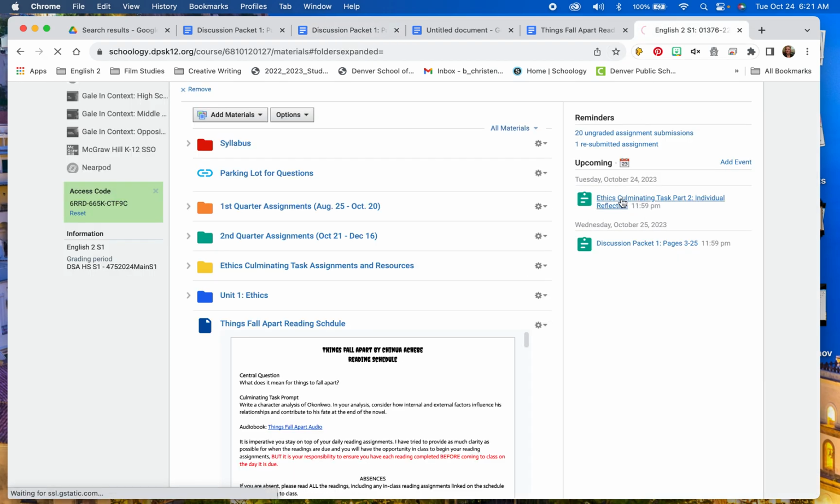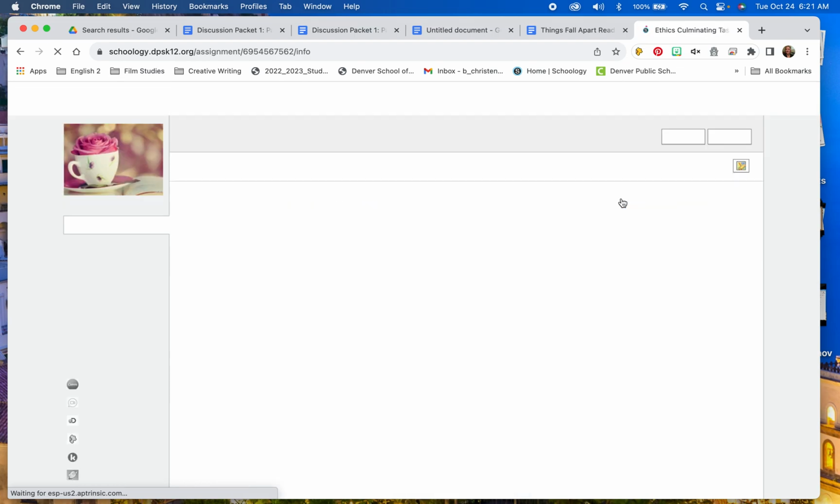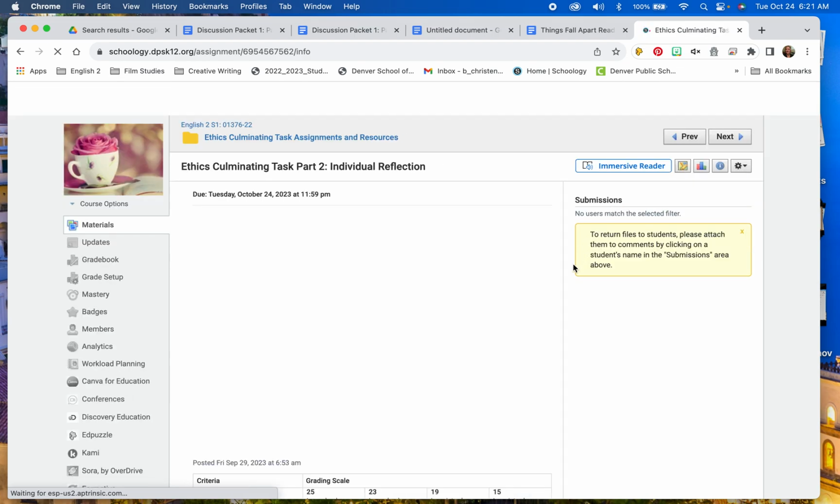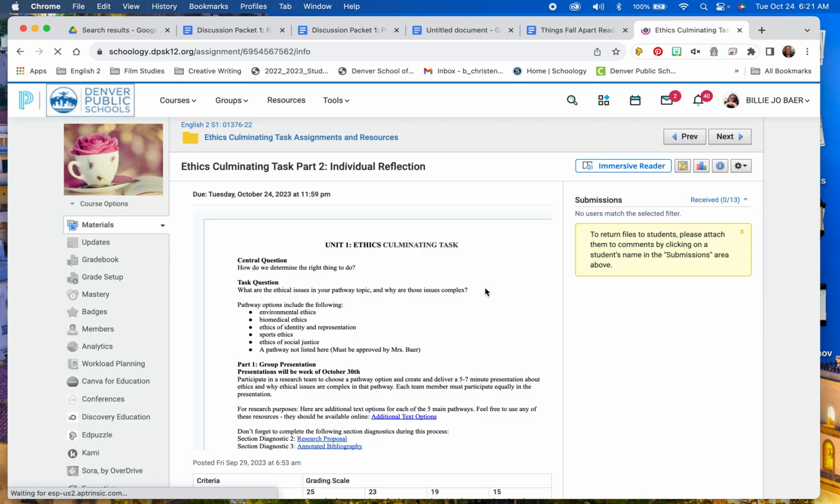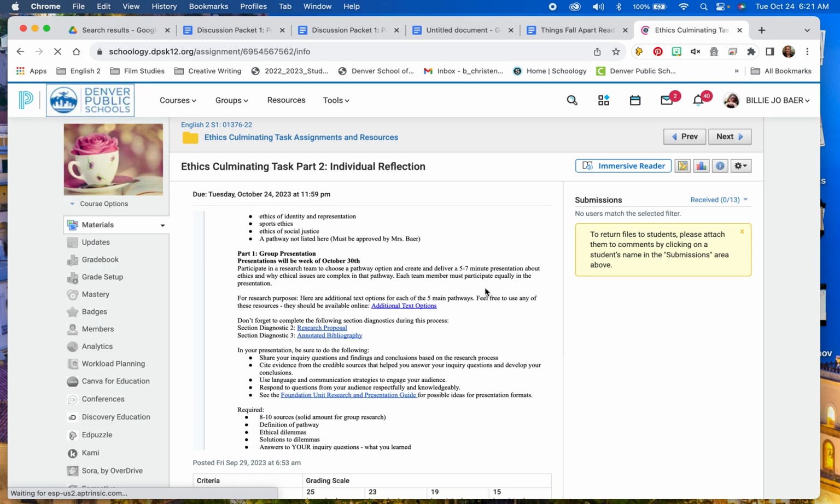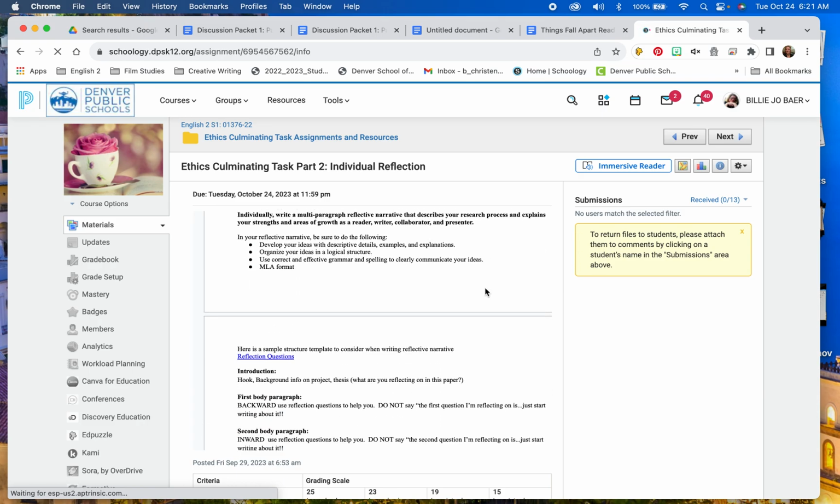Here's the assignment on Schoology, and it lays out that part two of your culminating task was to write this independent and individual reflection about the process of your ethics pathway presentation. So if you scroll down and look at the reflection, it lays out exactly what you're supposed to do with that. And I've tried to be really, really precise with giving you as much information as possible for what it should look like. So I've even included reflection questions that you can utilize for the different paragraphs for your reflection,